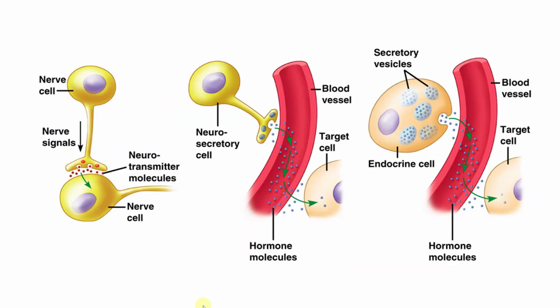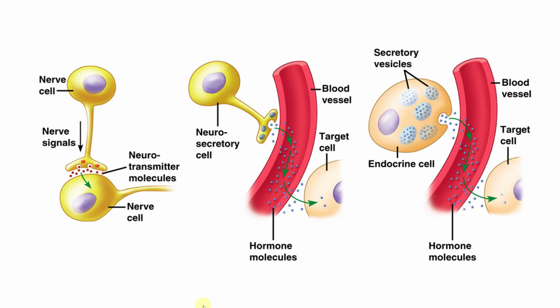So on the left here you see the neuron to neuron stimulation. We talked about this, like with the neurotransmitter acetylcholine, whether you're talking about nerve to nerve, or we talked a lot about nerve to muscle, like in a motor neuron. You also have nerve to target cell via the circulatory system. So the nerve itself can release different neurotransmitters or compounds through the circulatory system directly to the target. That's part of the sympathetic nervous system, looking at norepinephrine.